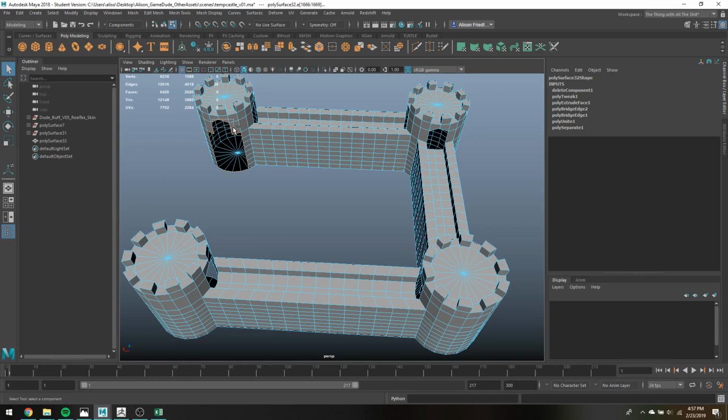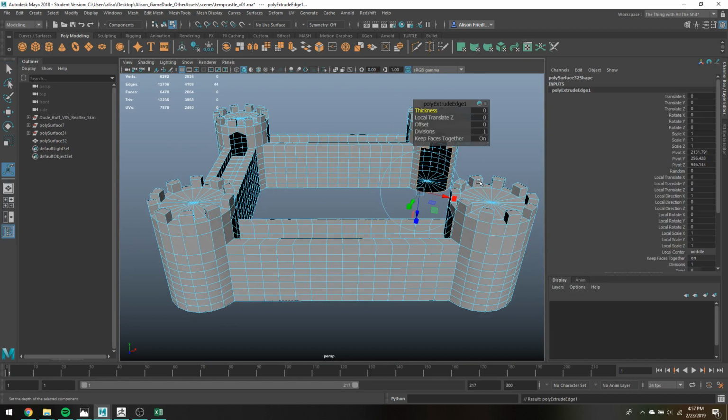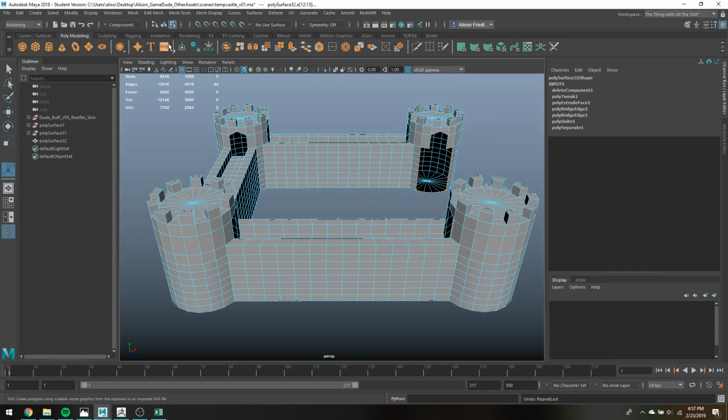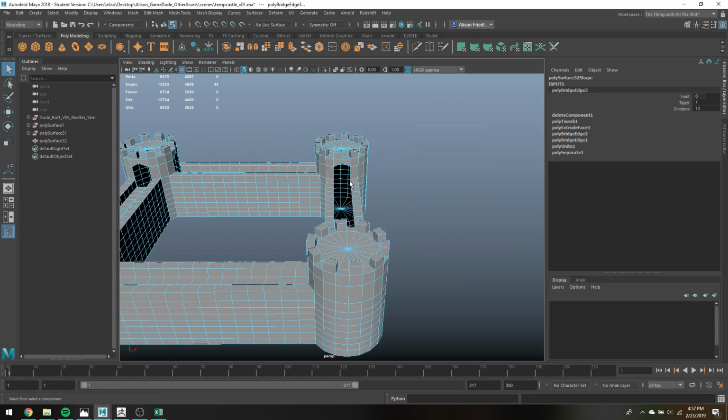Just double click, grab all those faces, deselect the archways. The same thing over here. I'm just hitting, oh wait, no, whoops, that was actually extrude. So I'm gonna, again, go up to edit mesh bridge. I'll add 13 loops for consistency. And